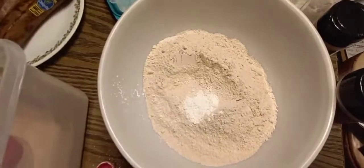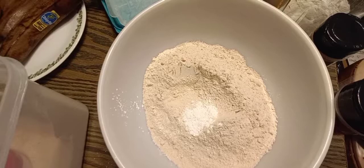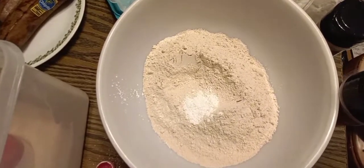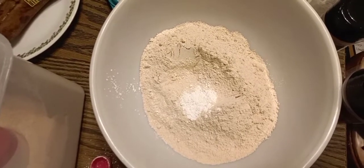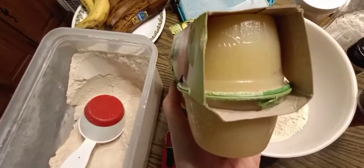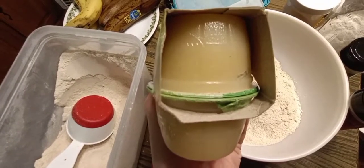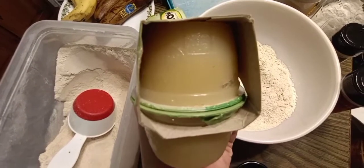The recipe I have is calling for 2/8 teaspoon of salt, but I'm leaving that out. And it also calls for 1 cup of butter, and we will substitute the butter with applesauce. So we'll use 1 cup of applesauce. Here's the kind I use. It's these little cups. 2 of these cups is equal to 1. Well, I'll show you. Not quite, but definitely 1 and like 3/4 of the other will equal the cups that we need for